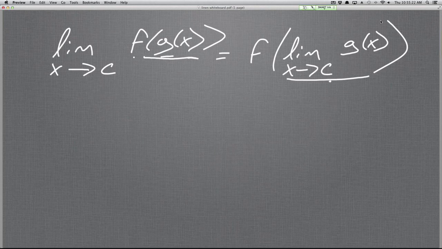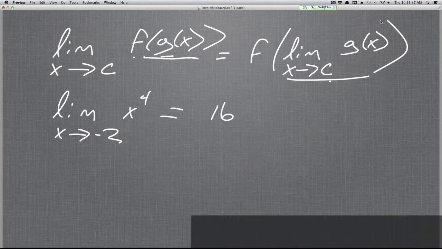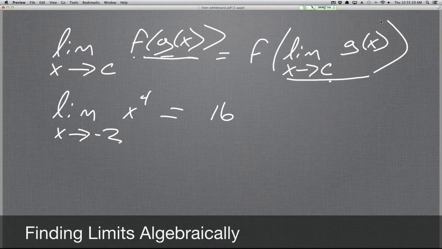They are. But what I want you to do on 6 through 32, the minimum that you have to do, like on 6, you have to write down the limit as x approaches -2 of x to the 4th, and then you can give me 16. That's the minimum you've got to write down. I want you to write the limit down, and then tell me what the limit equals. I don't want you to